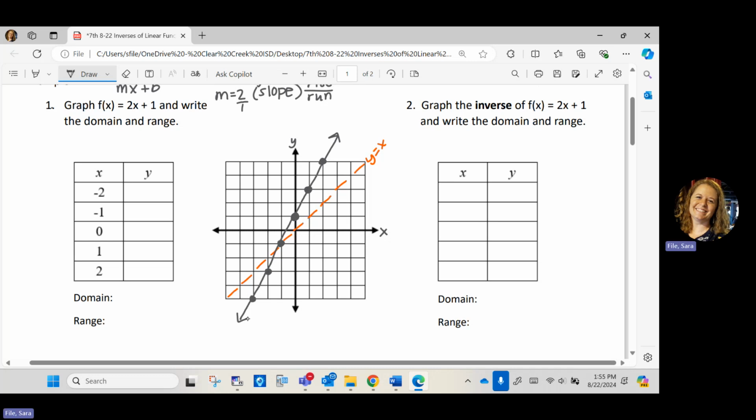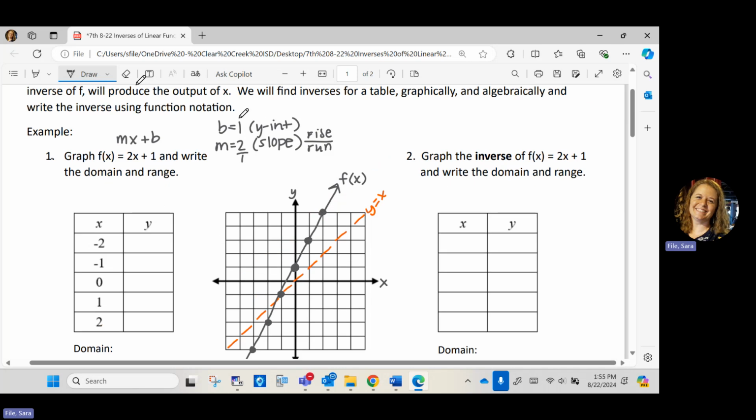Okay, so here's our line. I'm going to label it f of x, because that's what they called the function. They said this is f of x equals 2x plus 1. Okay, so that's a refresher on how to graph your line using the slope and the intercept. Now, that's not the only way I could have graphed this. Okay, in Desmos, I can write my